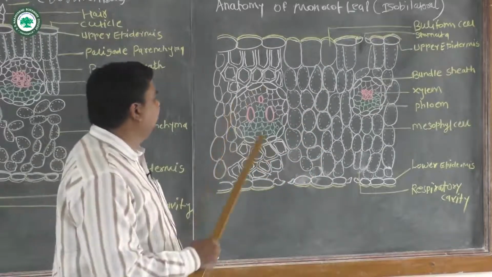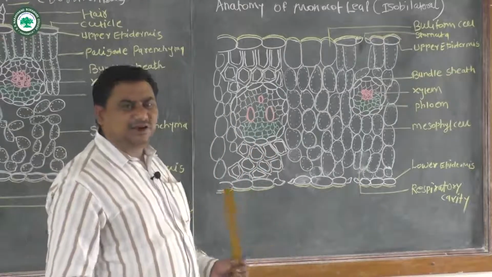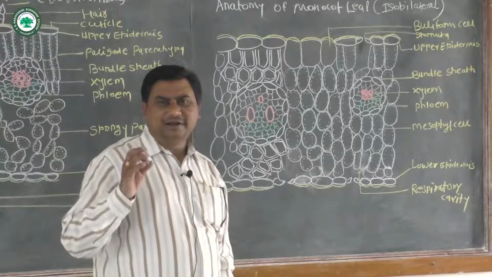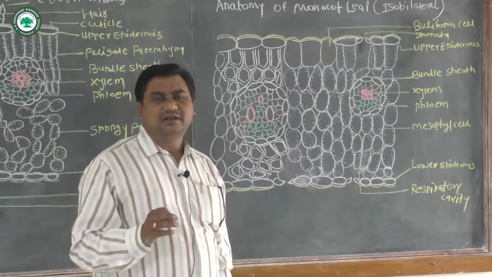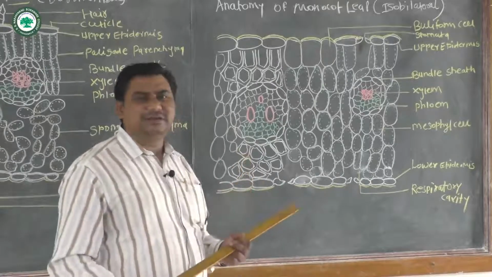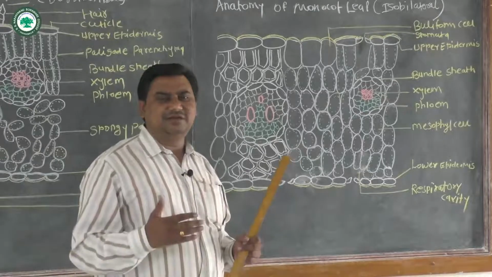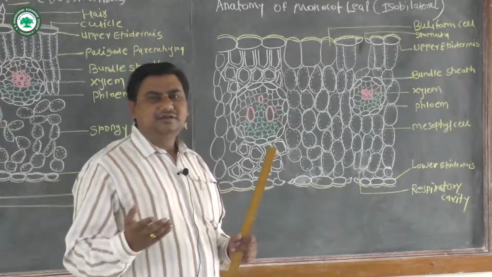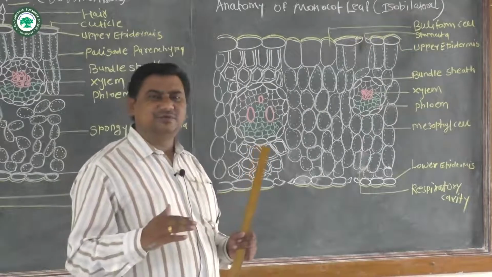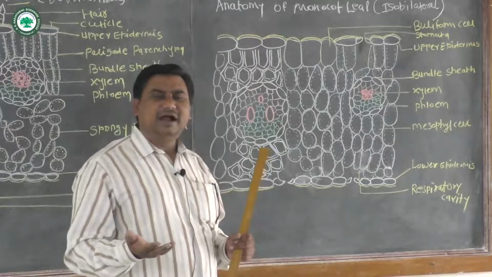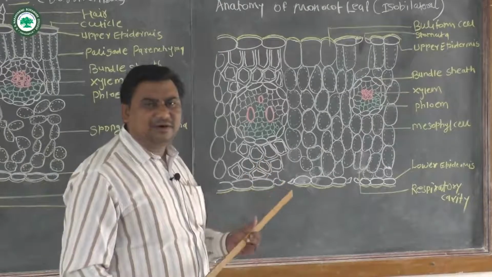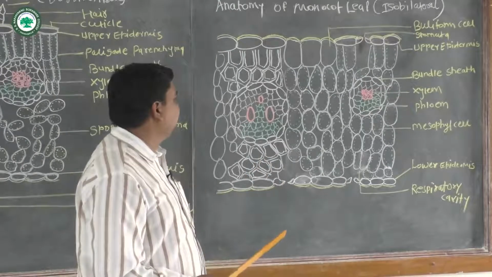Then the vascular bundle. The vascular bundle in the case of monocot is again conjoined, collateral and closed type. As I told you, the xylem and phloem are present on the same radius, that is conjoined. Below the xylem there is the presence of the phloem, that is collateral, and the cambium is absent, so that vascular bundle is called the closed type of vascular bundle.